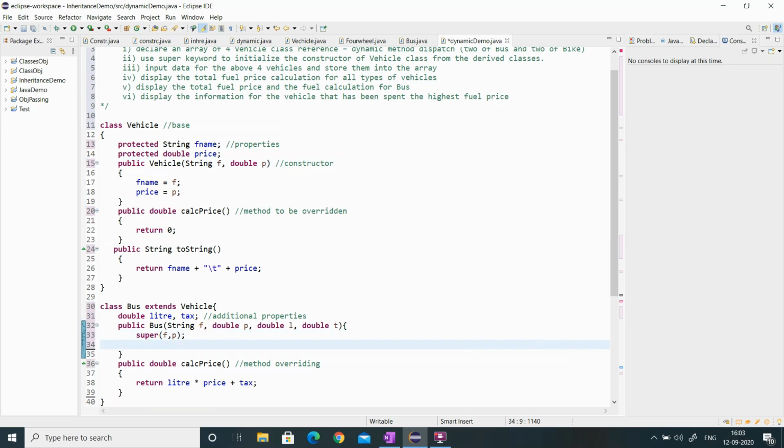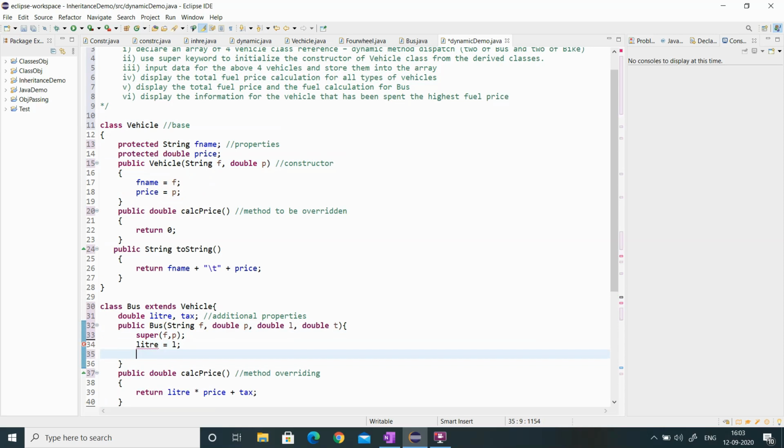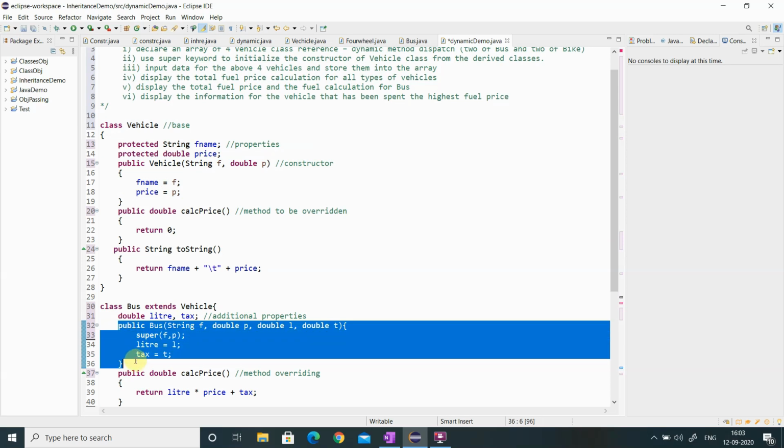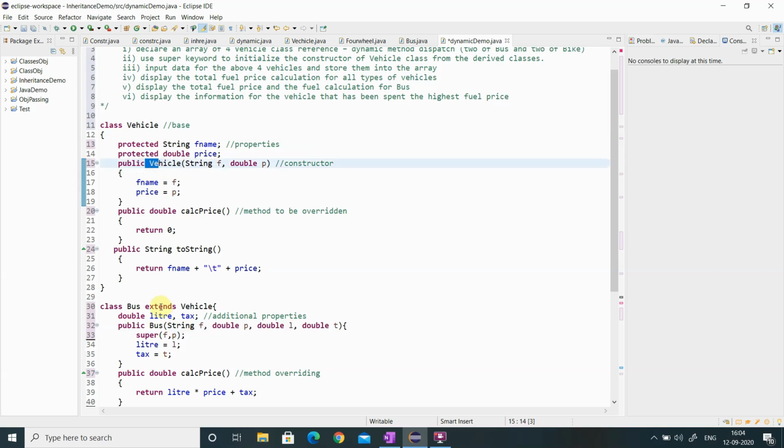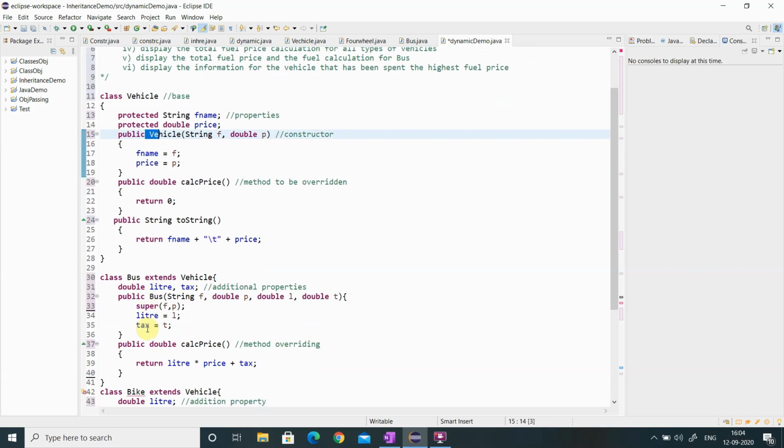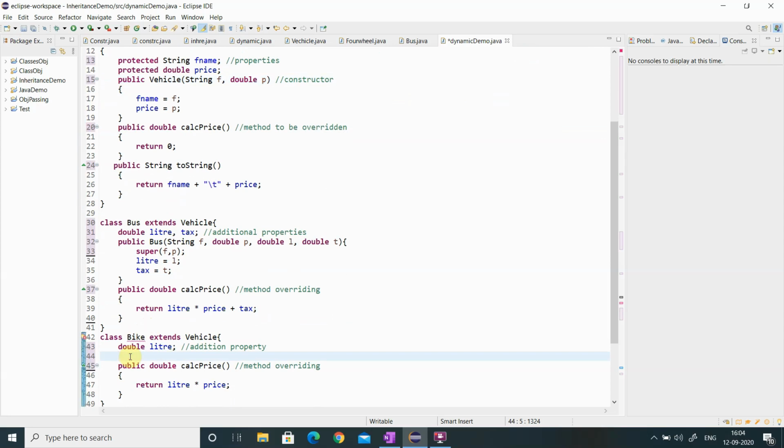After executing it, I assign liter equal to L and tax equal to T. Now my derived class constructor for the bus class is ready, which internally invokes my base class vehicle using the super keyword. Like that I have to write the constructor for my next derived class, bike.